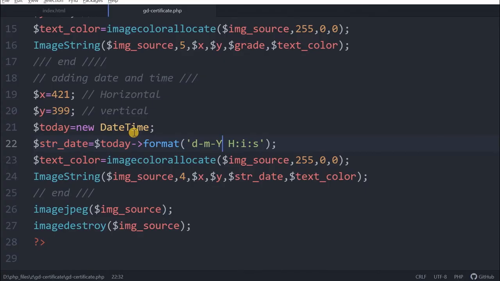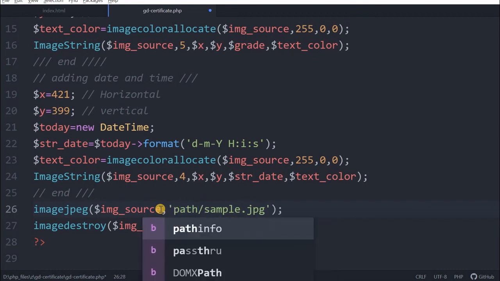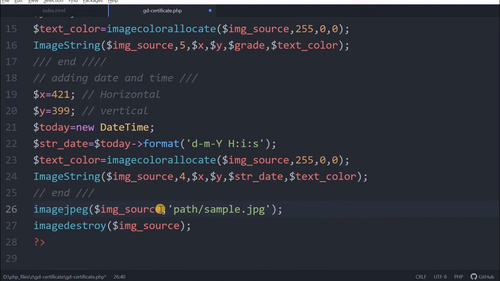And at that time we'll save it. Here I had already told you that I can save this file as sample.jpg, and if I am storing it in a different folder, I will give a path here, or my directory name here, so it will be stored there. The same way we'll do that. In the next tutorial we'll learn how we will take the data from a database, all the student data, and generate all the certificates on the fly and keep them in a folder. That you will learn next.